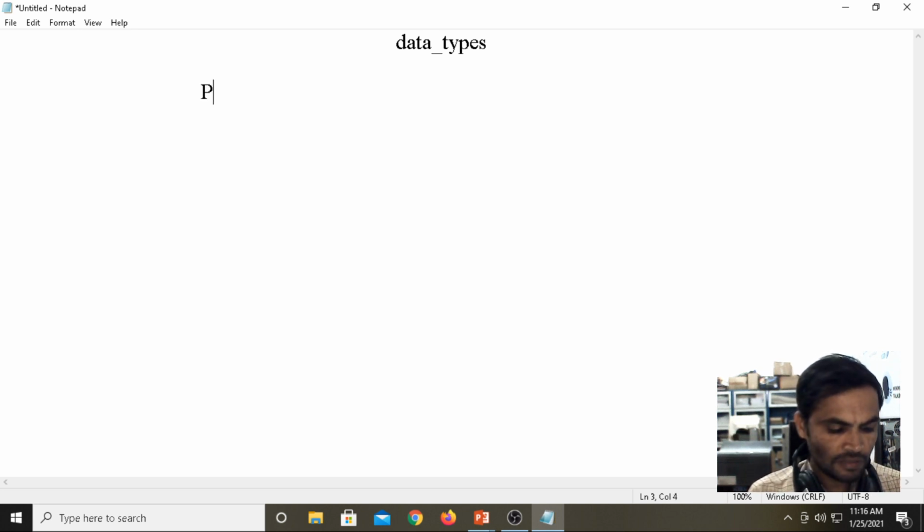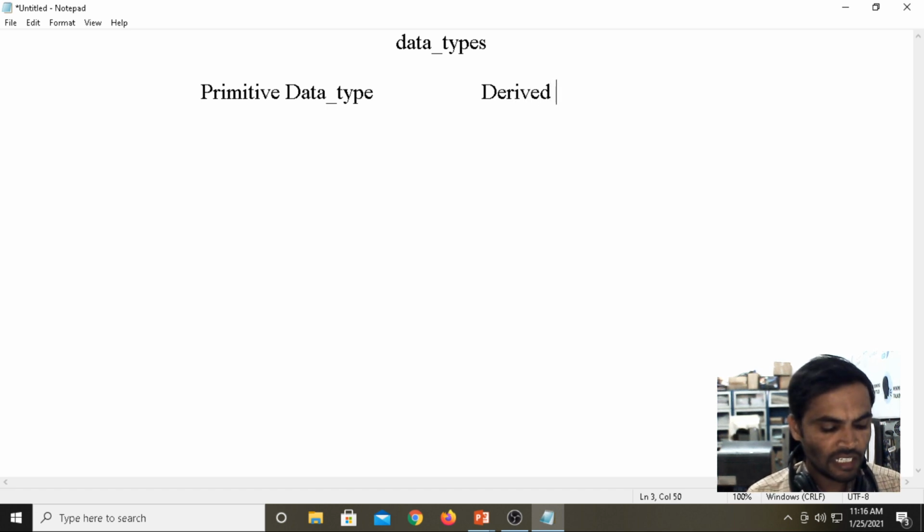Primitive data types, which we can also call fundamental data types, and derived data types.